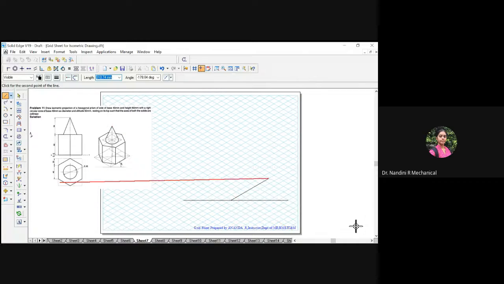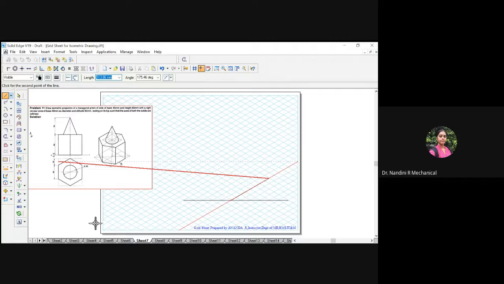So coming back, this entire distance is 60. We got 40. This is 40, right? And this distance will be 20. 40 plus 20. Sorry, this is 20 plus 20, 40. 50, 60, 70, 80.